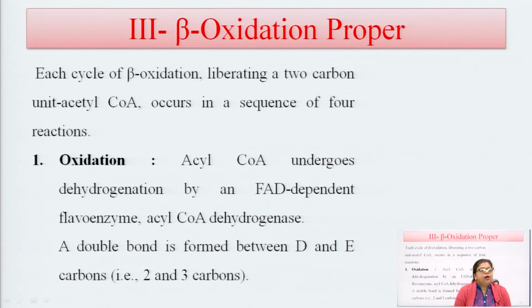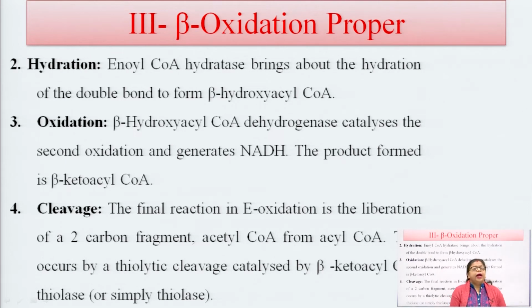Here acyl coenzyme A undergoes dehydrogenation by the FAD-dependent flavoenzyme acyl dehydrogenase. A double bond is formed between the second and third carbon, and after that oxidation, hydration occurs, where the enzyme enoyl coenzyme A hydratase brings about the hydration of the double bond to form beta hydroxy acyl coenzyme A, which is again oxidized to form